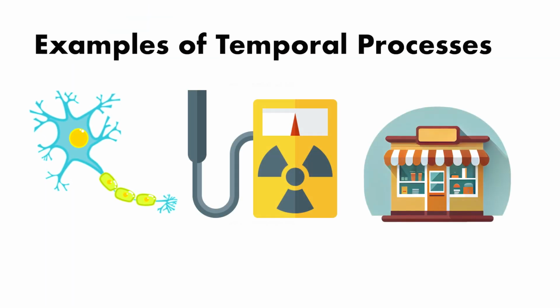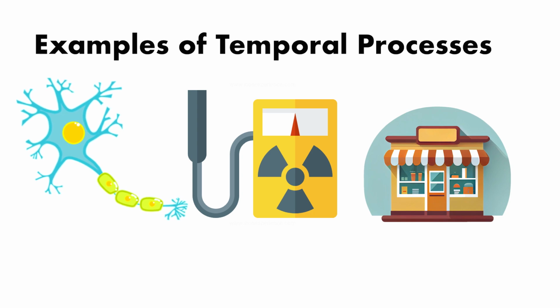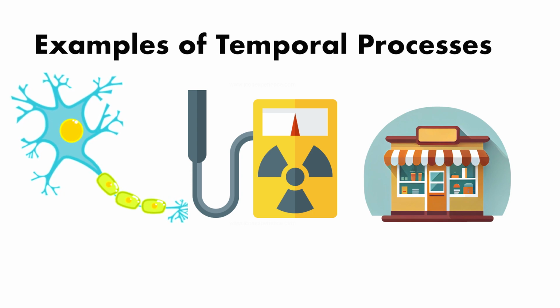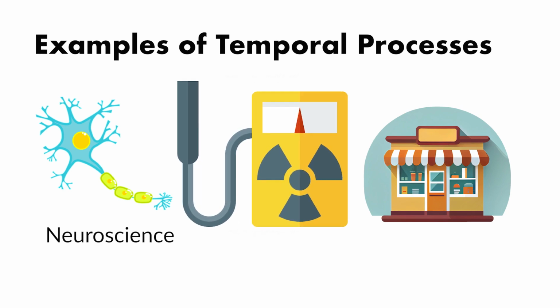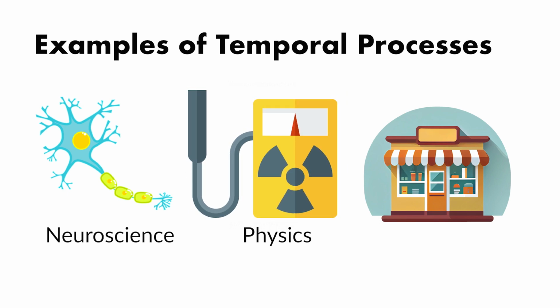There are real-life examples of the use of point processes to model temporal events over time. One example from biology and computational neuroscience is to model the impulses in the neurons using point processes. Another example from physics is to model the detection of radioactive particles using a Geiger counter, using again the point processes. And if you gather data about the arrivals of customers at the supermarket, you can model it, you can simulate it in a computer with a point process.